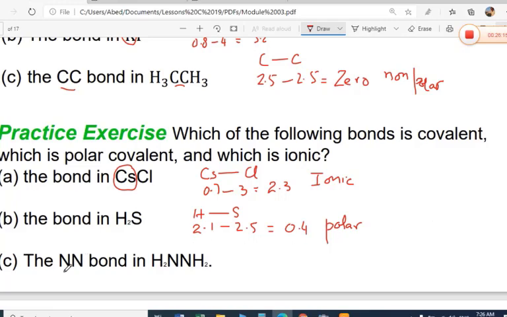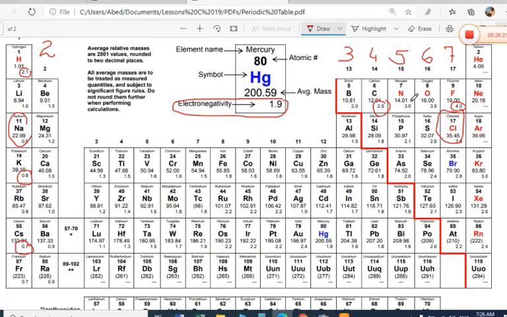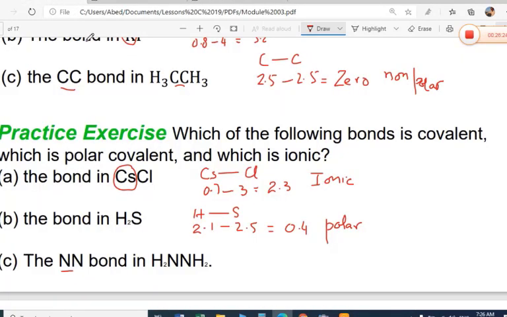And here again is the same case, between nitrogen and nitrogen. So we have to just see how much is the electronegativity of nitrogen. Nitrogen is 3 here. So 3 minus 3 is 0. It is very simple, but you have to write the answer in the exam. So nitrogen bonding with nitrogen, 3 minus 3, again is equal to 0. If the answer is 0, then the bond is called non-polar. So the exercise is complete. I hope you understand. Already I took a long time.